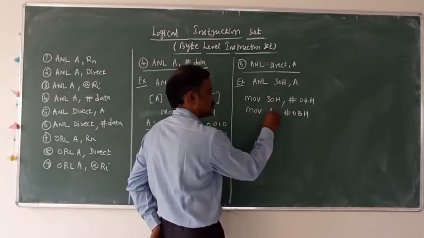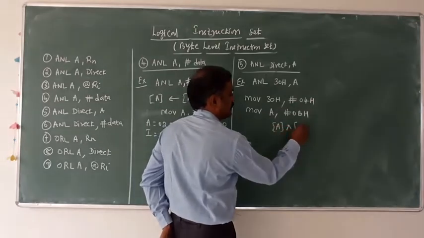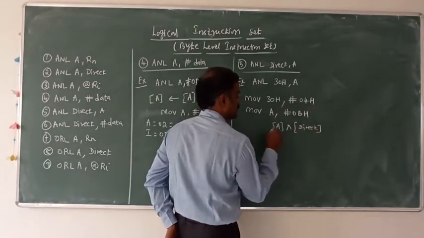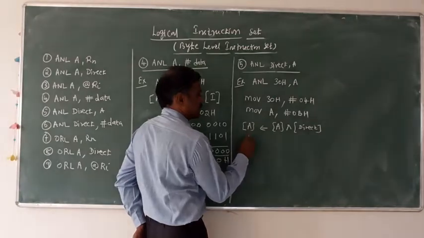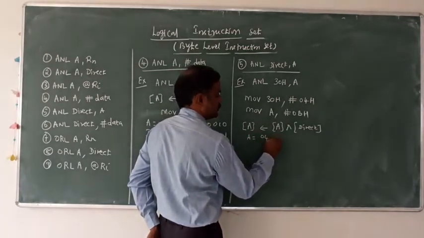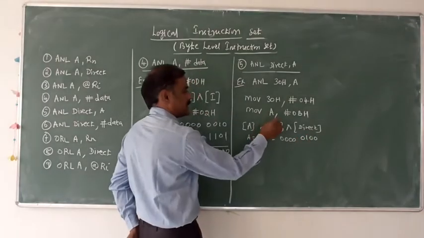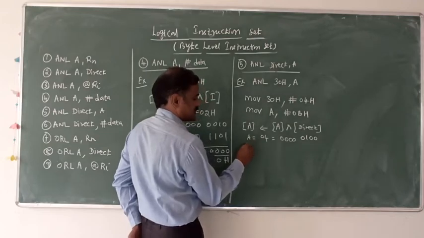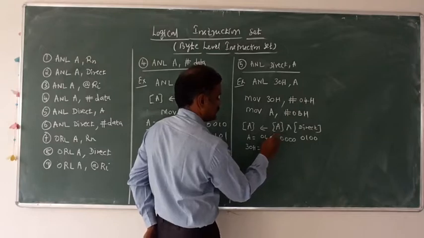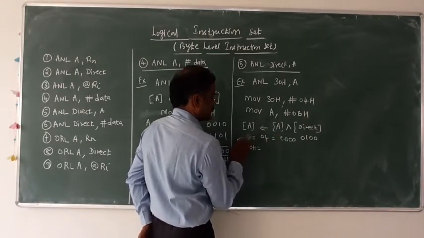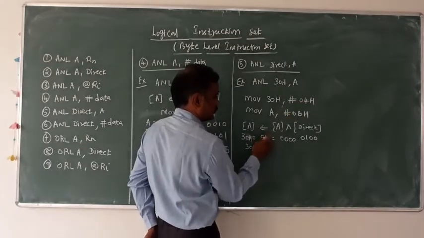Now logically AND these two. For that we can use A, logical AND symbol, and the direct memory address location data, and the result moves to the A register itself. Now the A register is 04, that is 0000 0100, and the direct memory address location data. In address 30, what will be the data? Sorry, this is for the direct memory address location data: direct memory address location data 04.